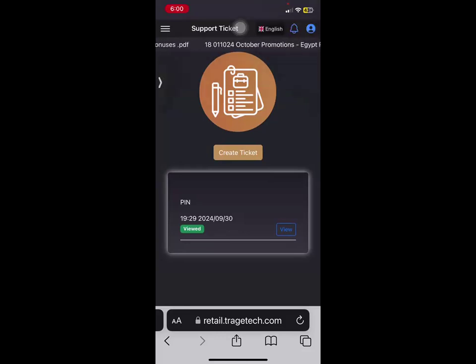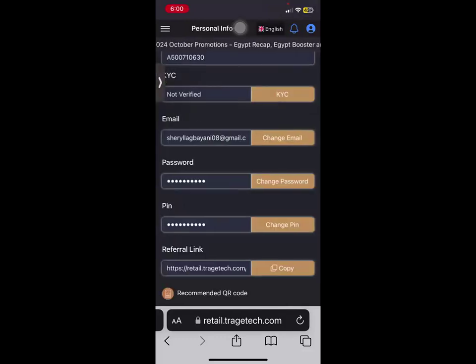After getting the temporary pin, we need to click the person icon on the top right side of the screen, and then scroll. Oh, it's here already. Change pin.